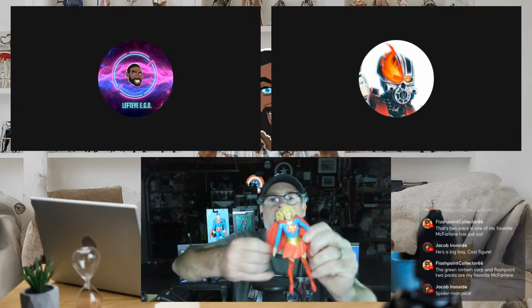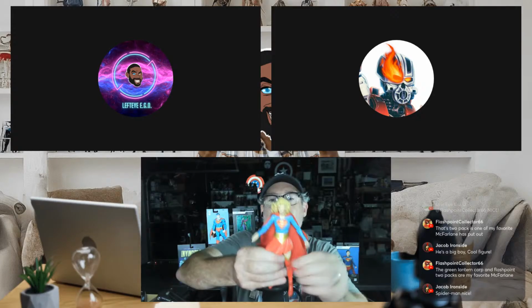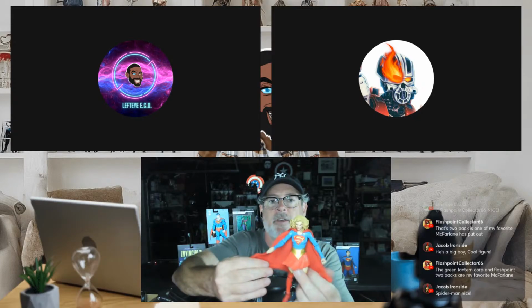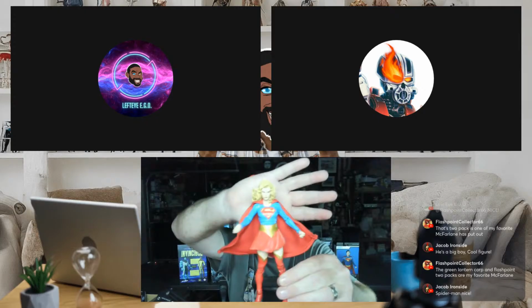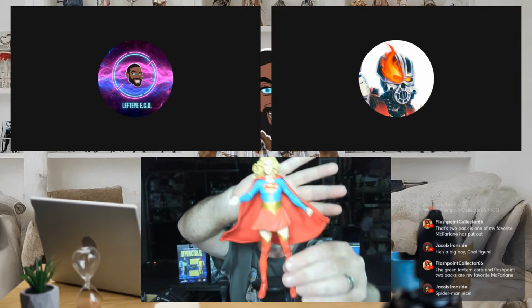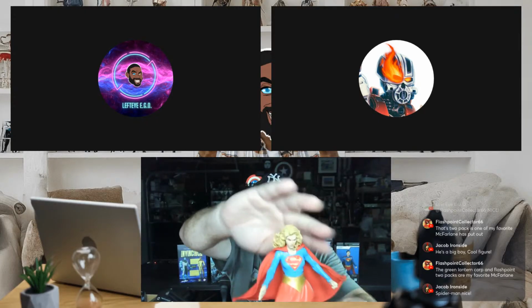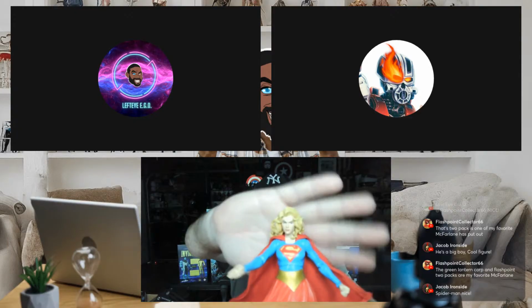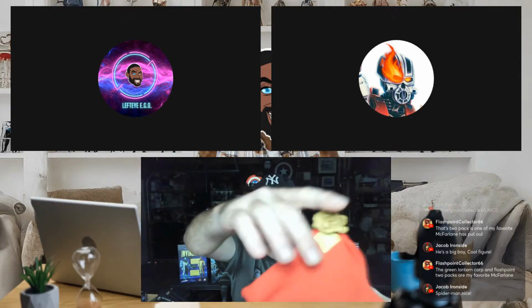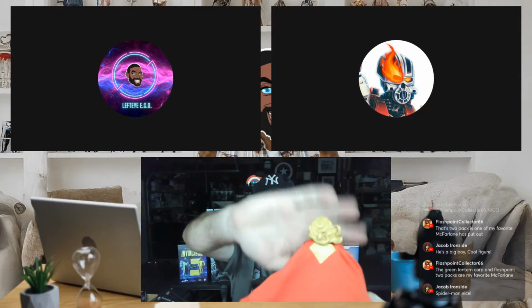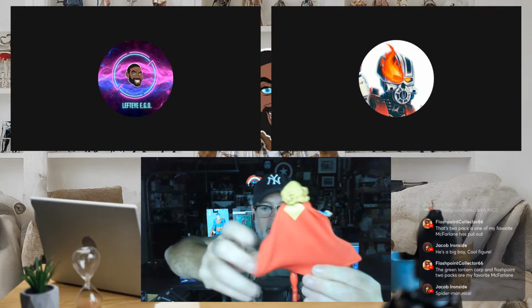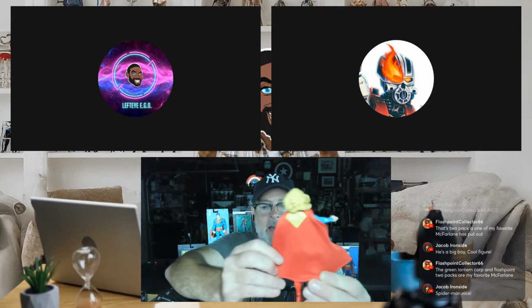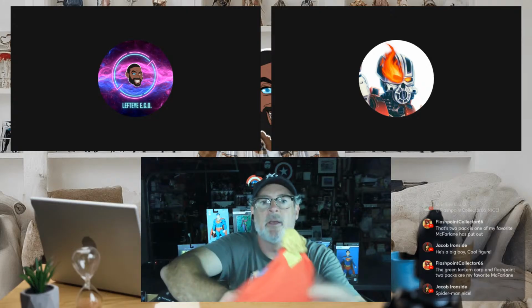Okay, so this is a very classic looking Supergirl figure, which I'm trying to get up here. There we go. She's got the skirt, the boots. I dig the hair. There's a lot going on with this. Nice. It's got the yellow S on the back of the cape, which I dig. You don't always get that on the back of them, so it's more often, in fact, just a big red cape.